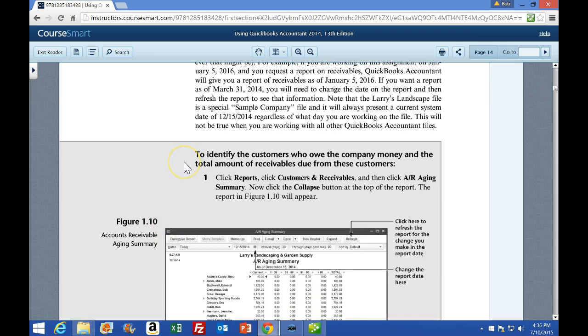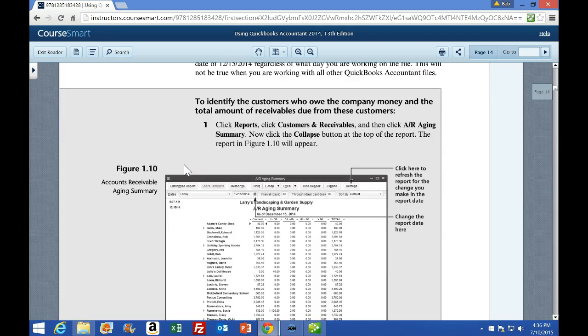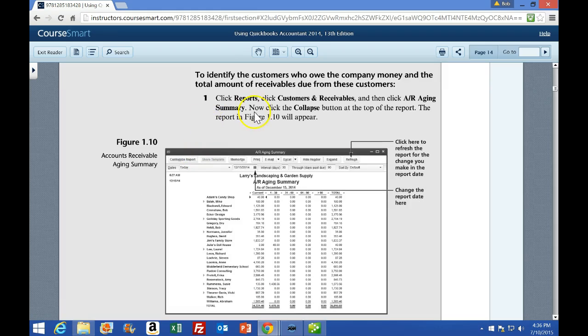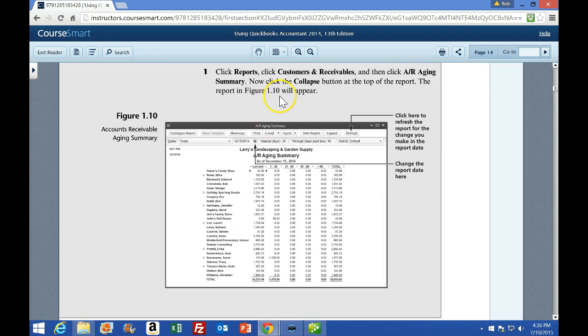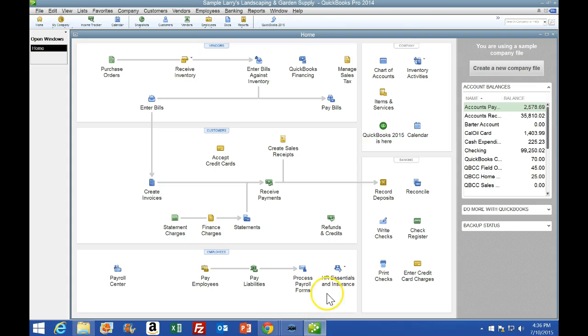What we're going to do is to identify the customers who owe the company money and the total amount of receivables due from these customers. So in order to do that, we're going to click the reports, click customers and receivables, then click the AR aging summary. Now click the collapse button at the top of the report. The figure in 1.19 will appear. So we're looking for that. So I'm going to go over here. We're going to go to reports,